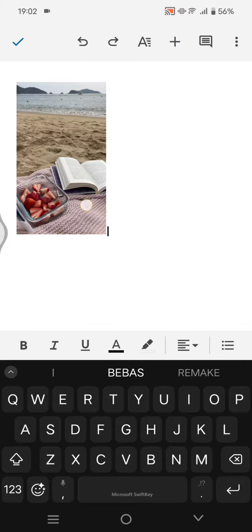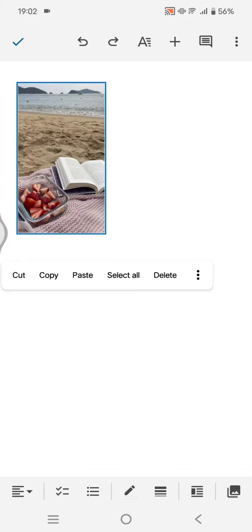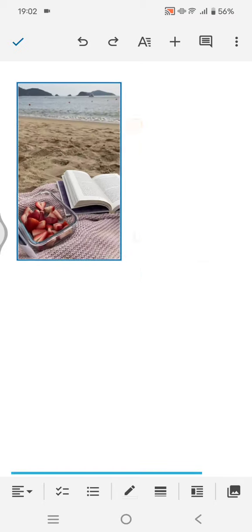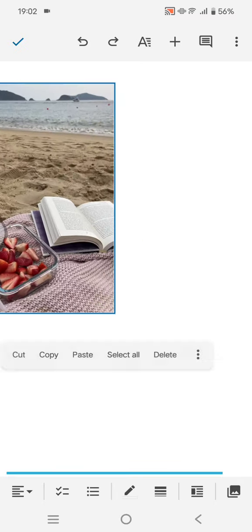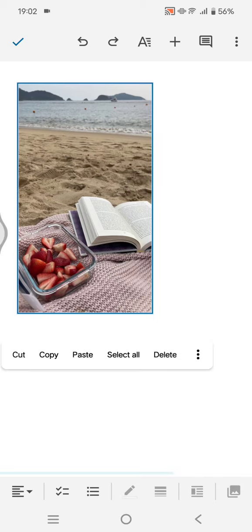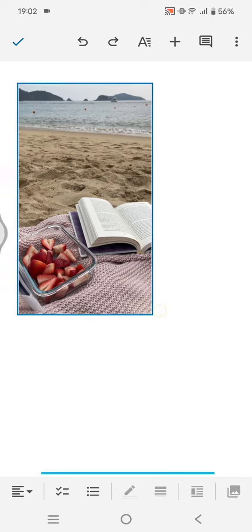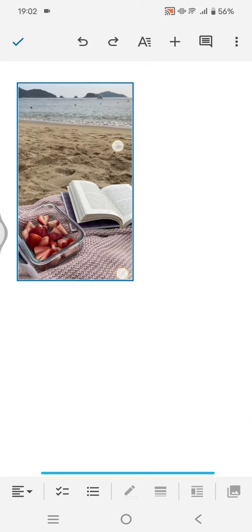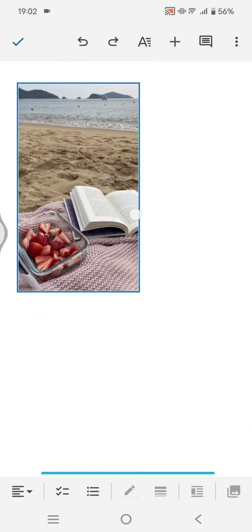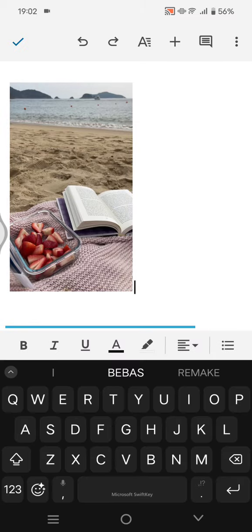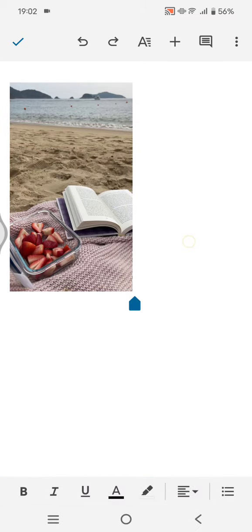So I'm going to add this image right here, and you can see if I click on the photo I cannot resize it, so you need to pinch it like this. So if you only click on it and drag it, it will not be changed. So you need to zoom it in or zoom out by pinching the image like this, or you can also